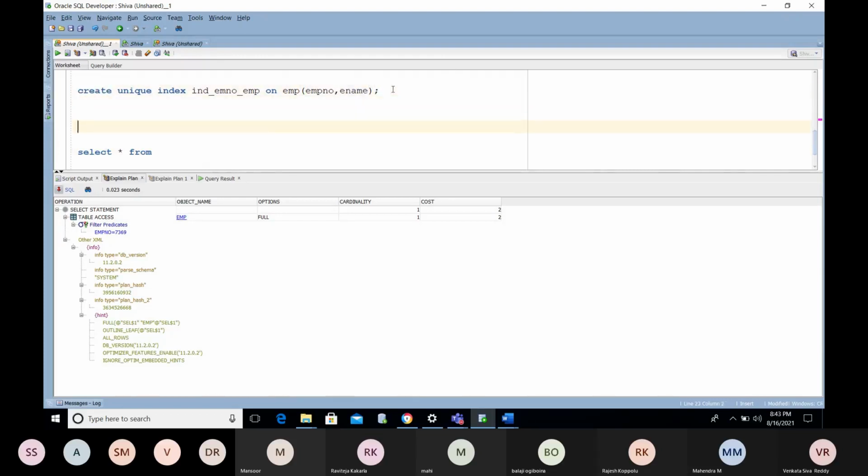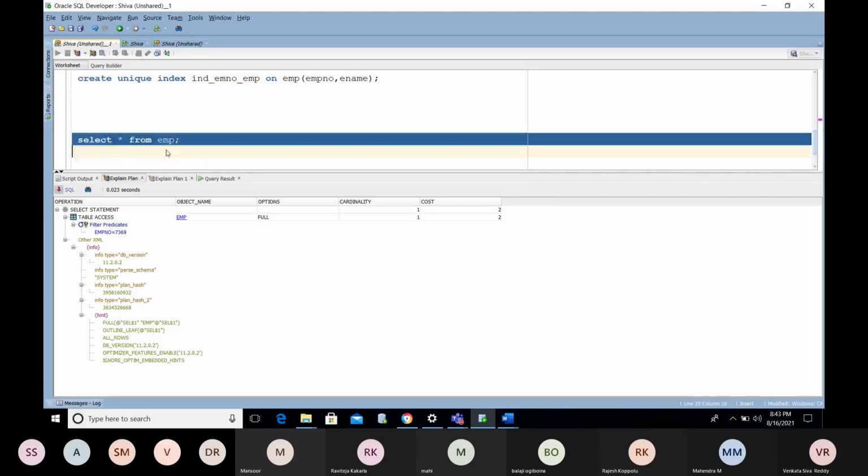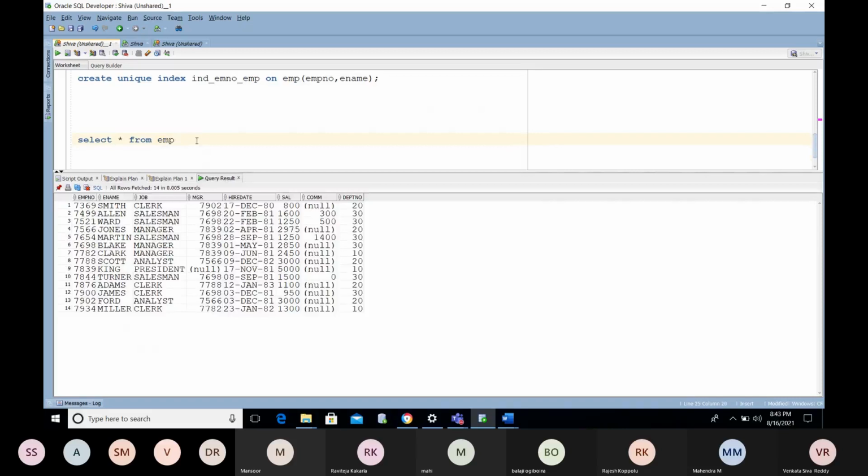What other indexes do we have? Suppose on EMP, while retrieving the data, I mention lower of ename equal to lower of Smith.